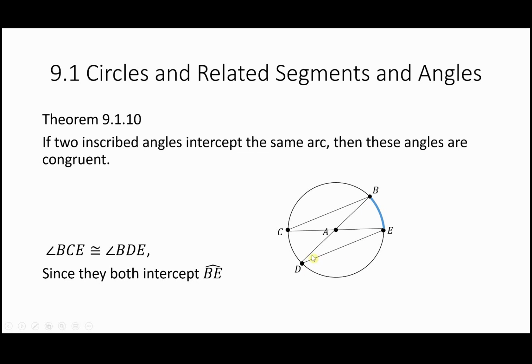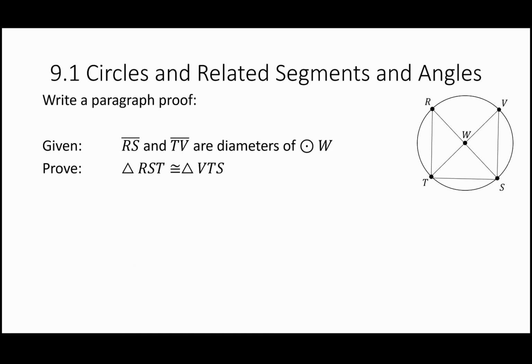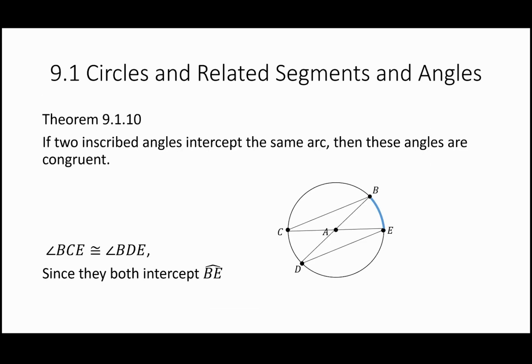So notice that when you're thinking about these as inscribed angles in the circle, they both intercept the same arc BE that's lit up in blue here. So that means that they have to be congruent to each other. That's the purpose of this theorem here, okay? And then of course, oh no, there's no